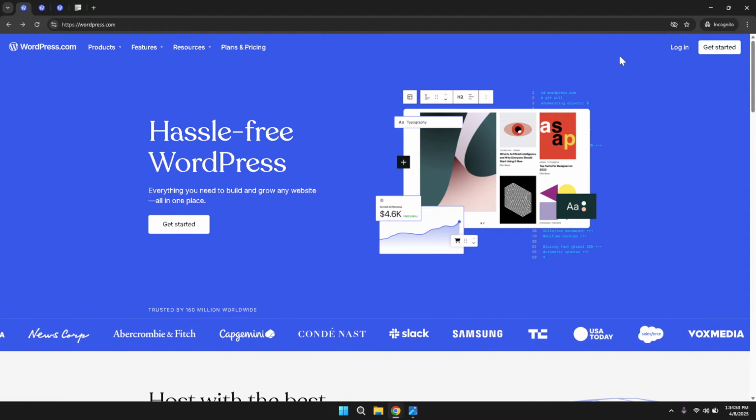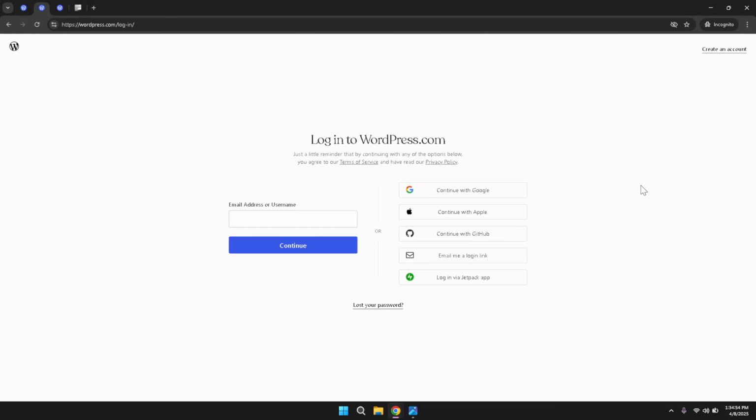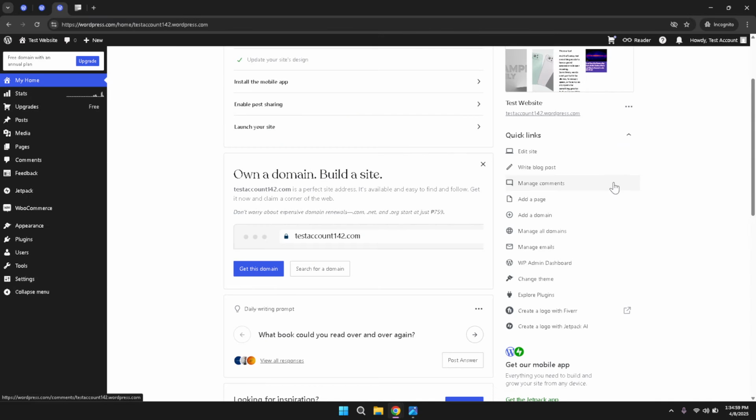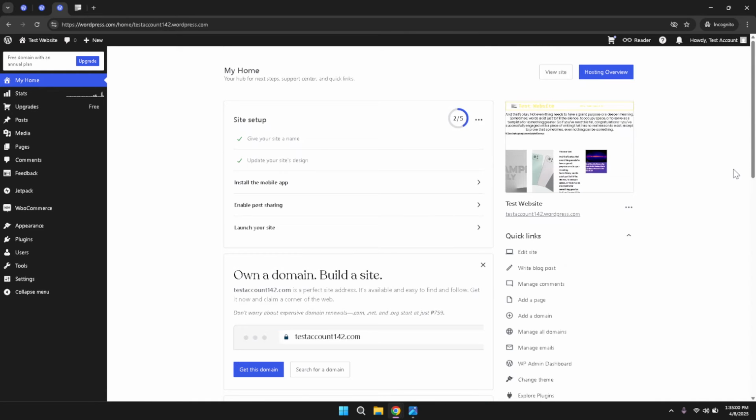After you click login, a screen appears with several sign-in options. Opt for the login method that says continue with Google. Here you will select the Google account you want to use. Using your Google account is a fast and convenient way to sign in and access your site settings. Once you have chosen your account and signed in, the process becomes seamless, allowing you to focus on customizing the